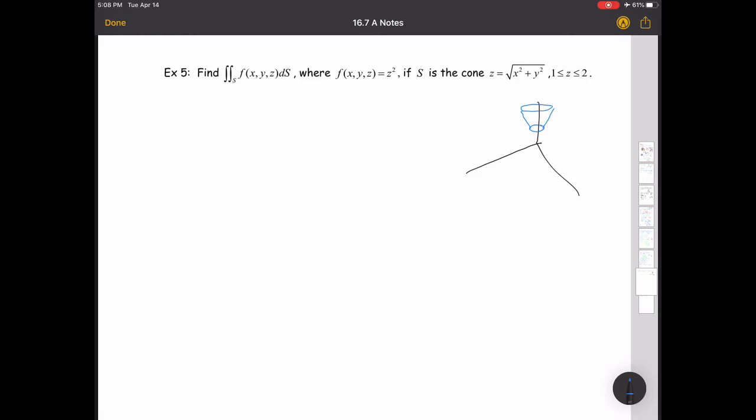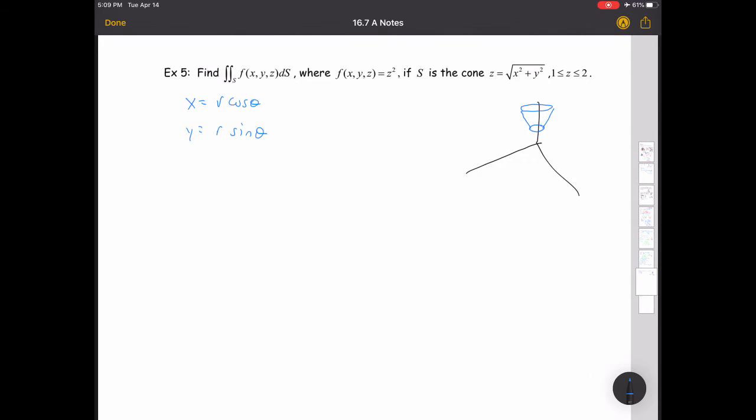Notice that this does not say anything about the top or the bottom, so it's just the lateral face of that cone. It is a cone, so I'm probably not going to go with your trivial parameterization. Probably going to go with something in cylindrical here because I think that's going to be easiest. You could certainly go with spherical, but I think cylindrical seems like it's going to be the easiest one here. So in cylindrical, x is r cosine theta, y is r sine theta,